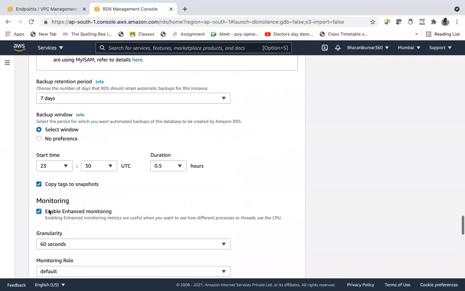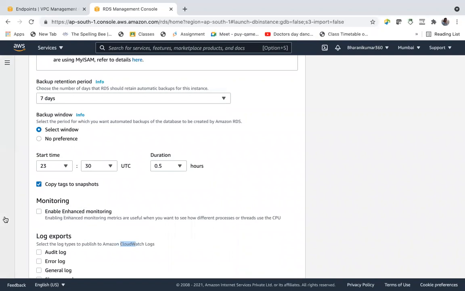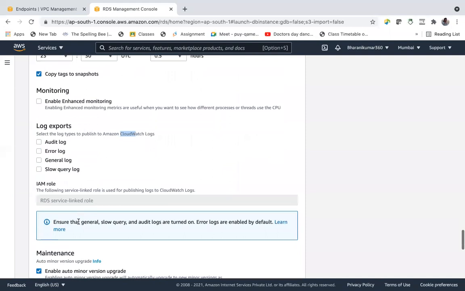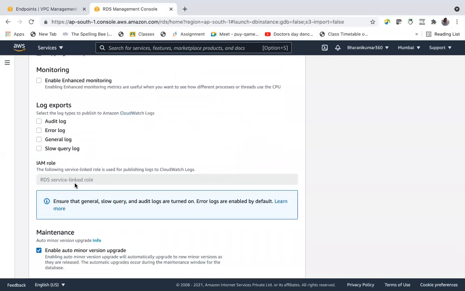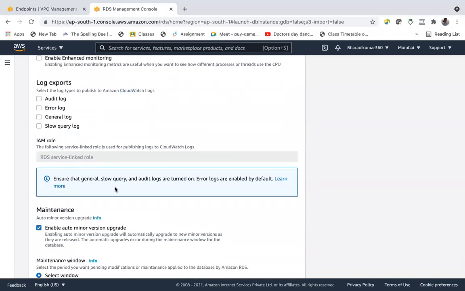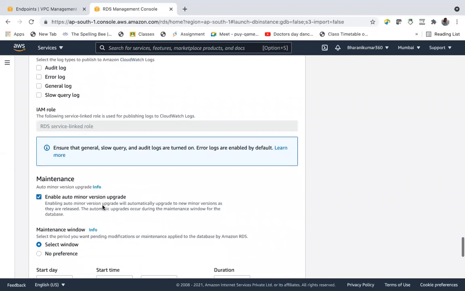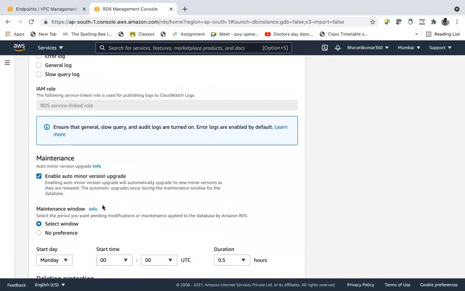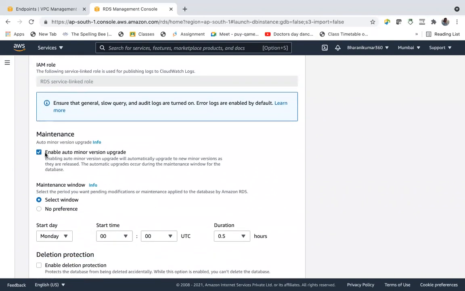So we are not going for enhanced monitoring, so let us uncheck this. And also we don't want this. Okay, maintenance we have already set for every Monday. Let's say every Saturday at this time maintenance happens.